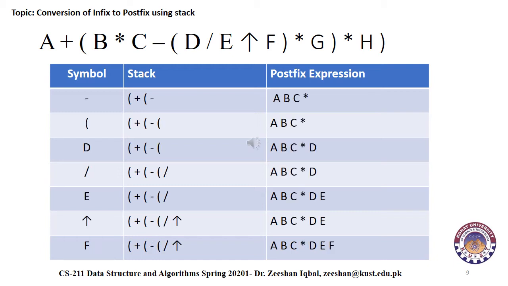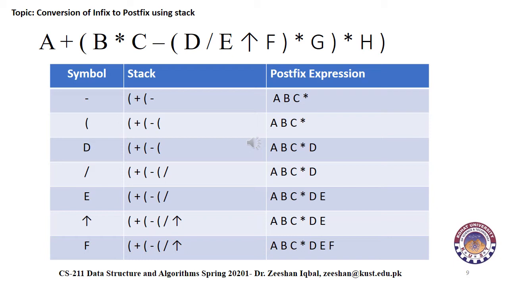We will put it directly in the postfix expression. The next symbol is minus, which is an operator. So we will check the stack again if the top position contains any operator. As we can see, it already has an operator, which is star, which has higher precedence. So star will be popped from the stack and added to the postfix expression, and we will push the new operator minus on the stack directly. The next symbol is again a left parenthesis, so we will push the left parenthesis on the stack directly.